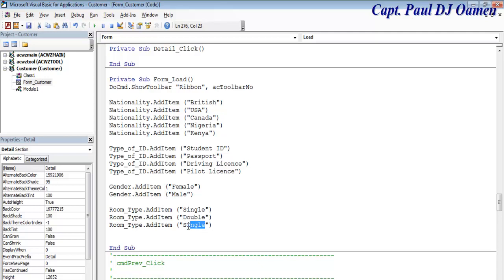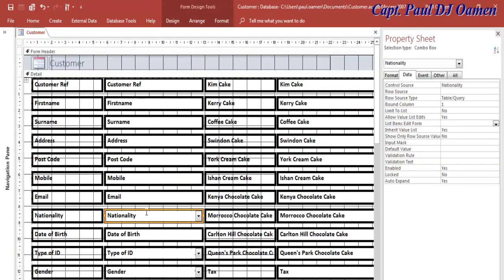Then we have family room, family size. There we go. Now let's come in here. Okay, the next thing we need to do is for the combo box to work as required. You see where we have list item edit form, we need to change that to customer. That's the name of my table and the name of my form. Then where we have role source type, we need to change that to